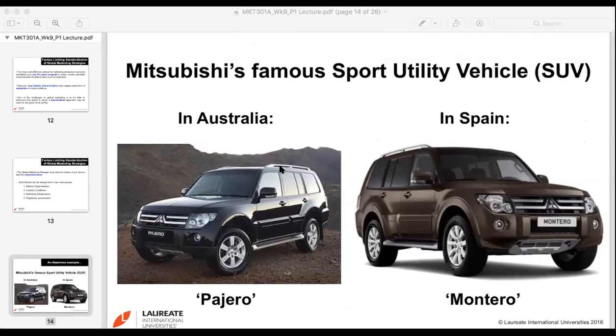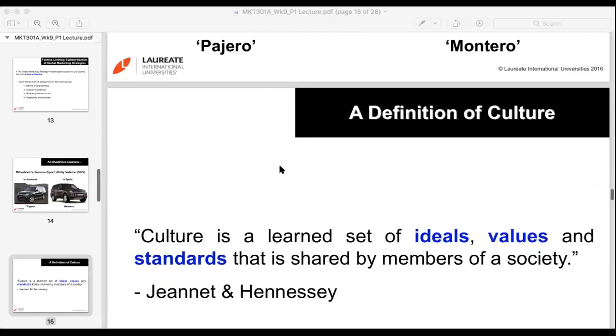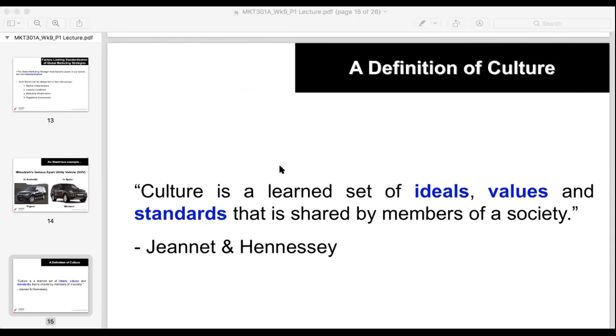Some adjustment is made here. Pajero and Montero, for instance, in Australia and Spain, are slight adjustments. And that is influence, again, as discussed before. The cultural factors also play a critical role. We need to ensure that our offering meets the cultural standards, and